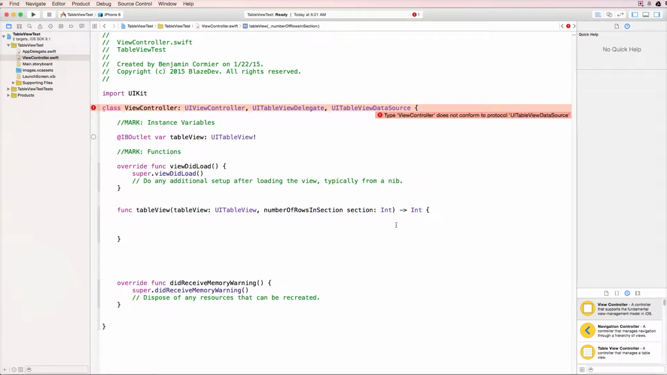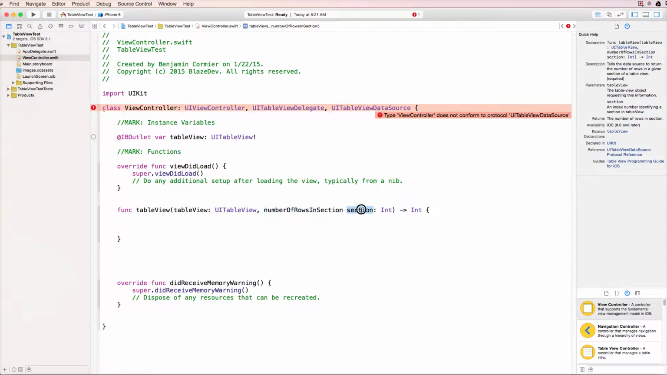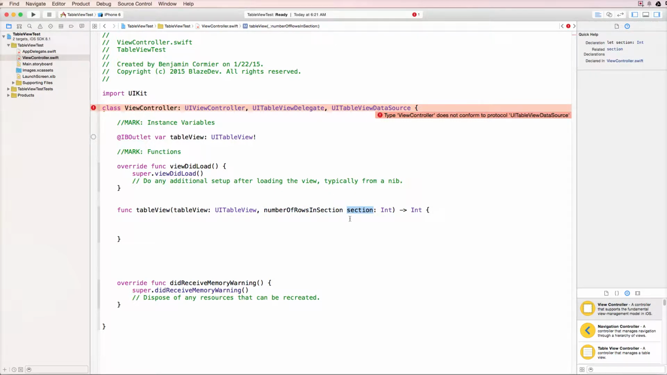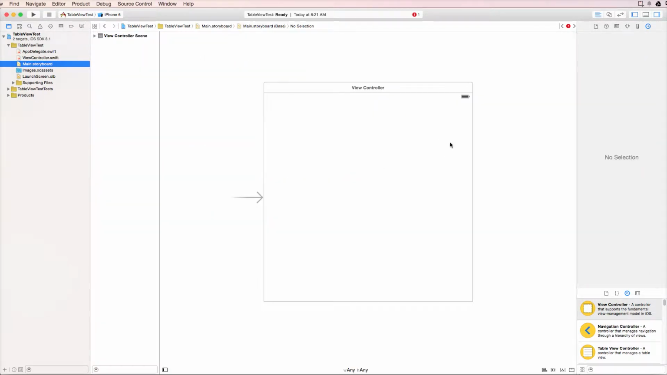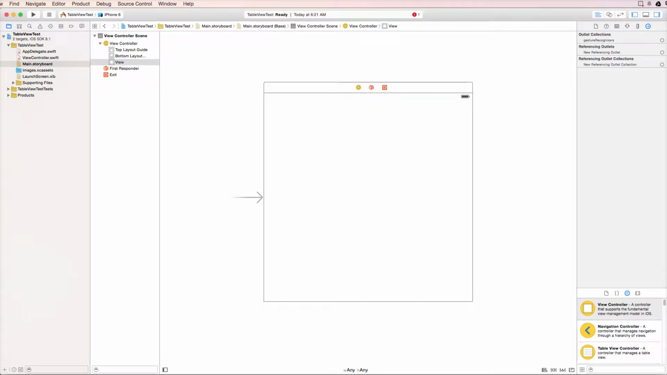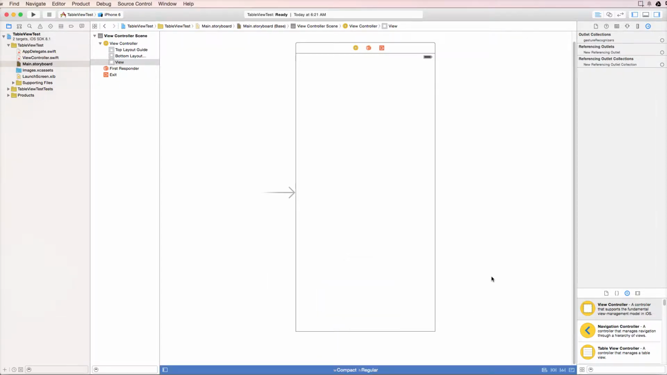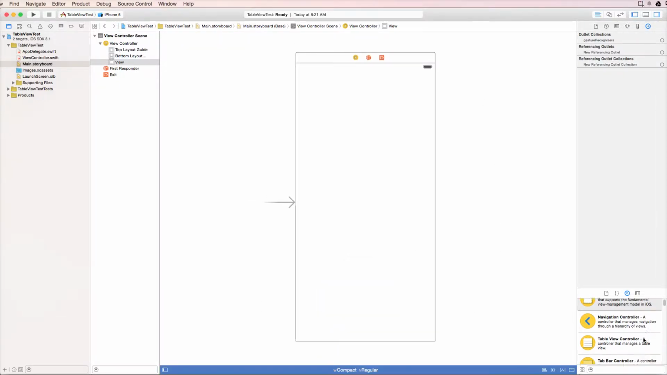So as you can see, for a UITableView, numberOfRowsInSection takes in a table view, obviously, and an integer called section as a parameter, and it returns an integer. So what that means is, if I go to our main.storyboard file and resize this there, and find a table view,